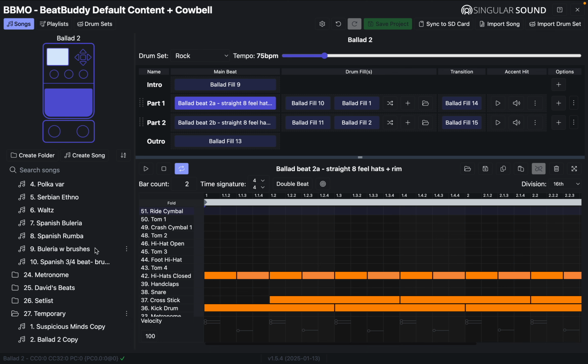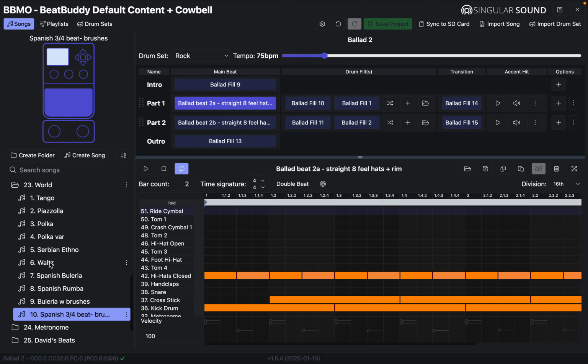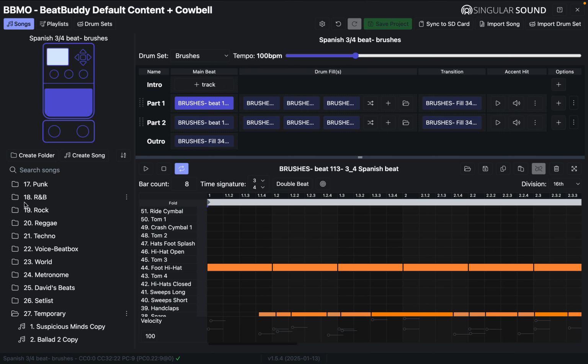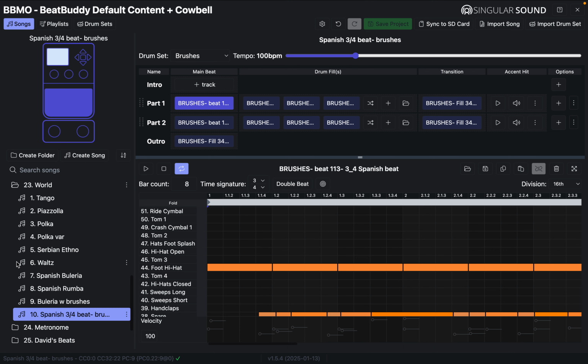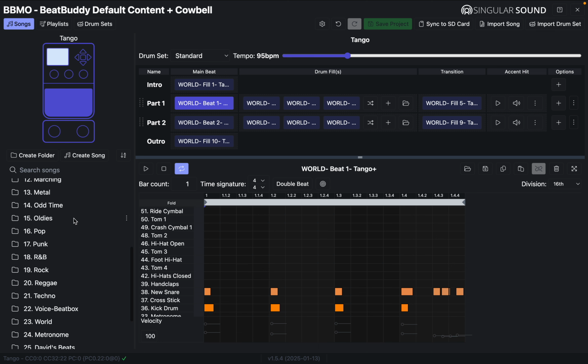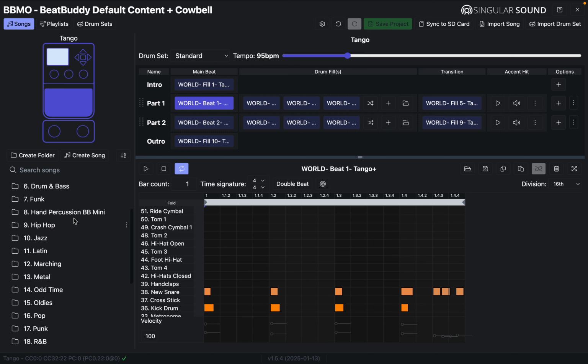So let's open up another. Let's have a look at Spanish 3/4 beat. That hasn't got an intro. That's a shame. And let's pick something different. Let's go for, oh, hang on, it had tango in there, didn't it? It's all right, tango. Ah, right, here we go. So tango. No, I'll tell you what I want to do. Actually, I'm going to go for a